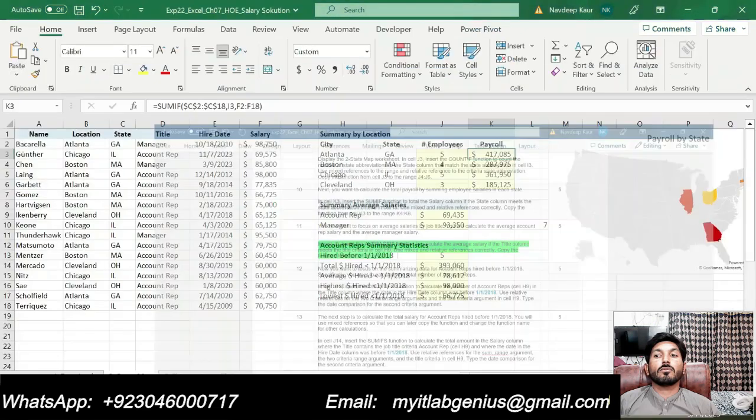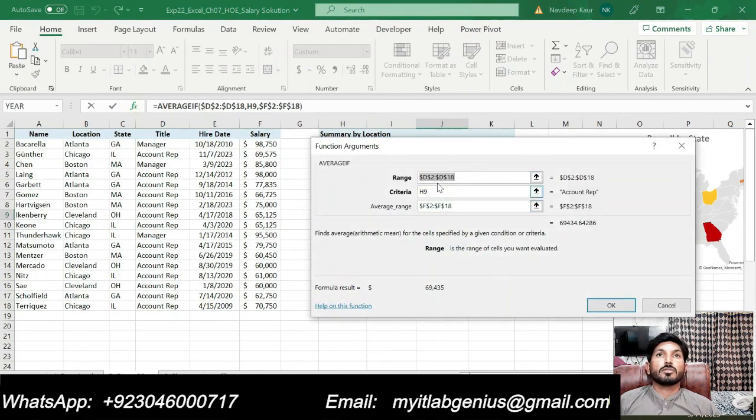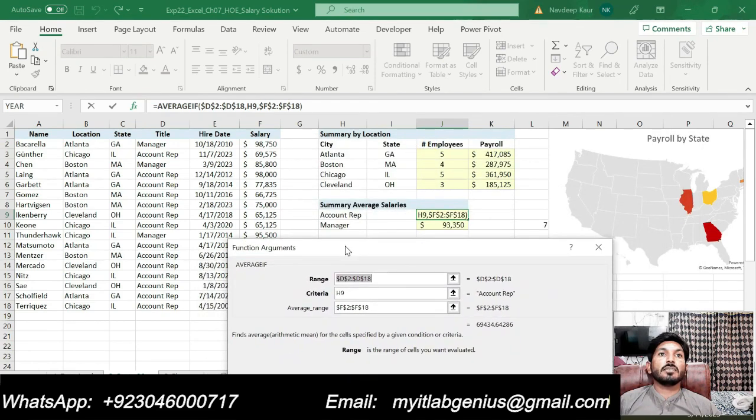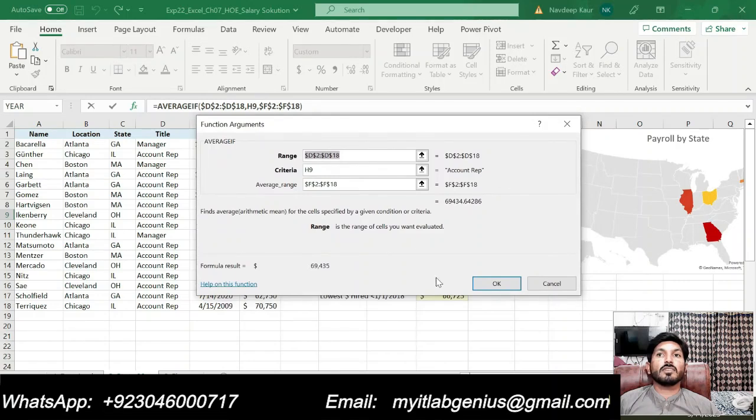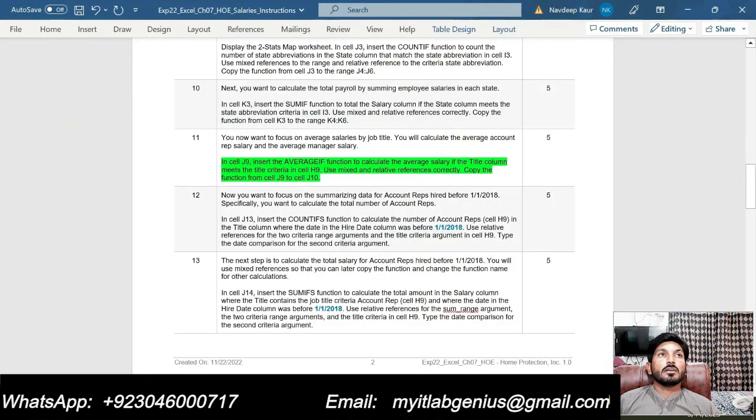So this will be our average formula. Our range will be using column D, from D to E8, our criteria will be H9, and our average range will be the salary column. We got the values like this by using the average function. That is our step number 11. Now let me show you step number